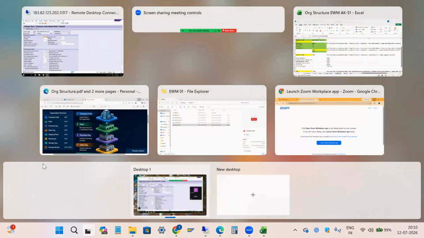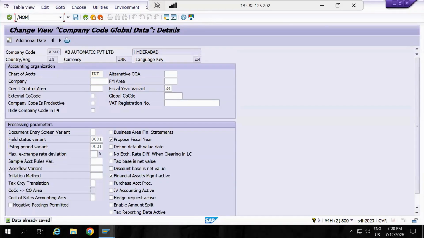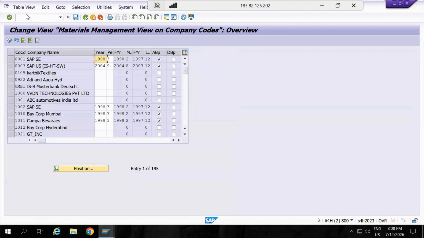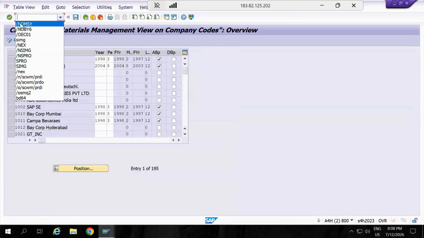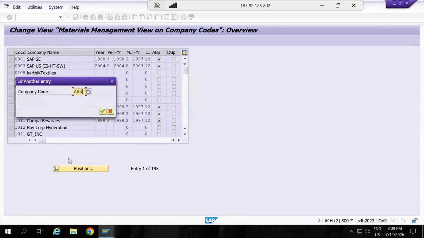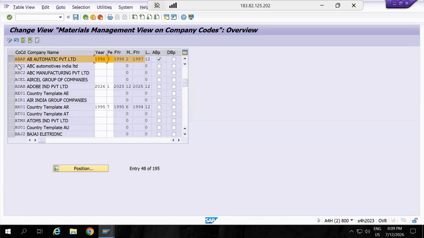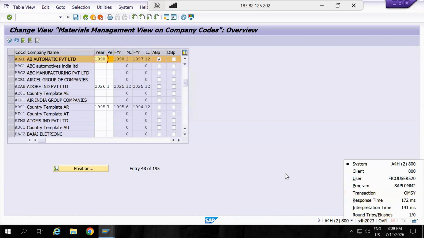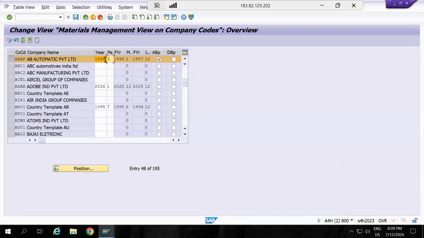Next is posting period update. The transaction code is OMSY. I'm entering /n; you need to observe this, because /n means close the screen and open the screen. OMSY. In this transaction, I need to input my company code ABAP. This company code is maintained under year 1998, but the current year is 2026 and the month is July. So I need to update it: 2026 and period 7. Enter, save it. This we need to do because I am doing this